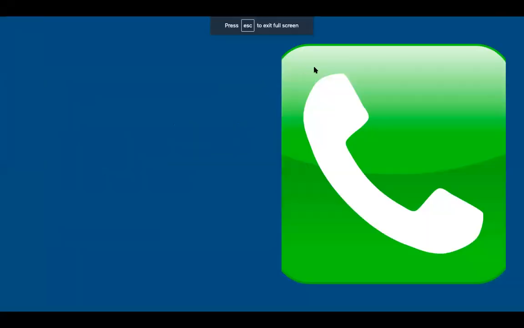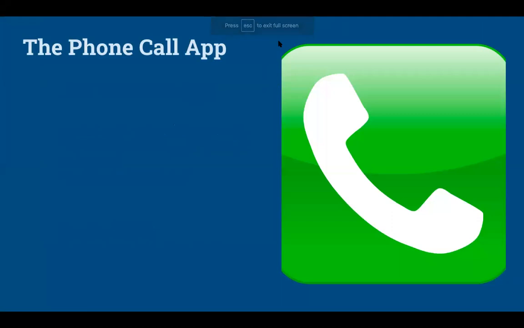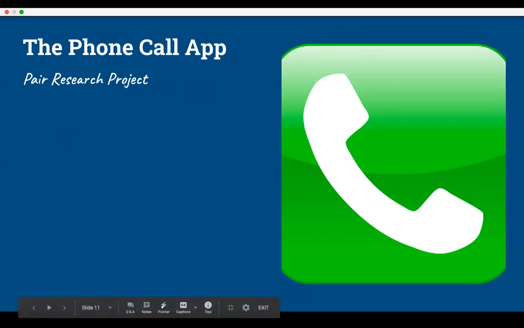Next, I have the phone call app, which is one we should all definitely be very familiar with. I don't know how many of you here are bilingual, but I also speak Spanish. I learned it when I was in Honduras. And I was a Spanish interpreter for the Carroll County Public Schools, and I just found it so painful anytime that I had to make a phone call. I was fine going in and doing the parent-teacher conferences and stuff, but when I had to make a phone call, it just really made me so nervous.